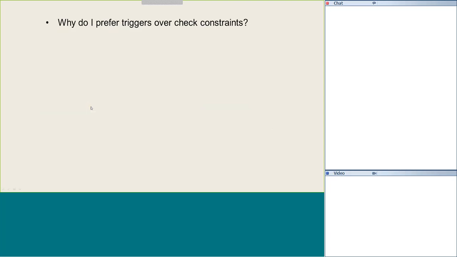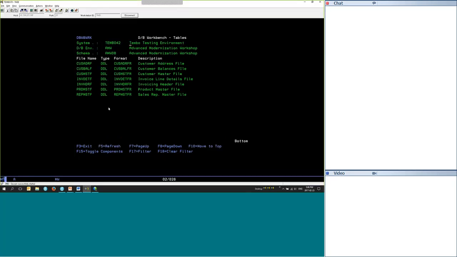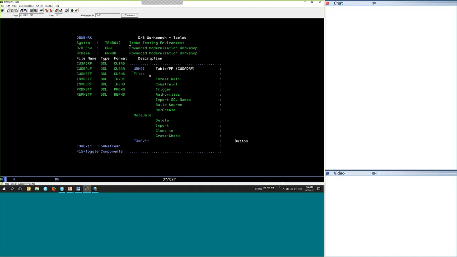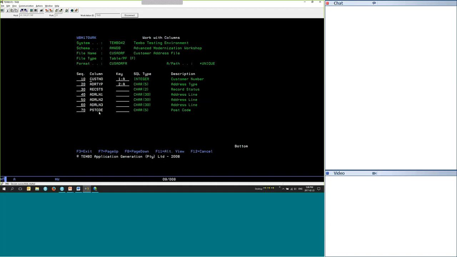And this one was actually quite relevant, surprisingly enough. I love triggers. I do everything in triggers, but if within a file, and I'm going to pick a file, here is the little mini database in AO. I hope it's big enough for all of you to see. If we have a look at something like the address file, which we have got here, and we look at its number of columns, we can actually see